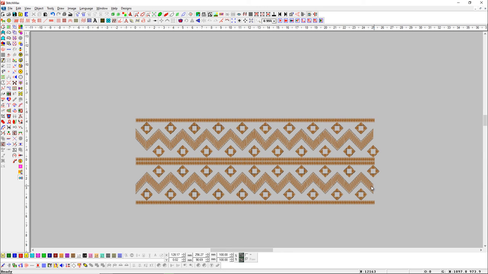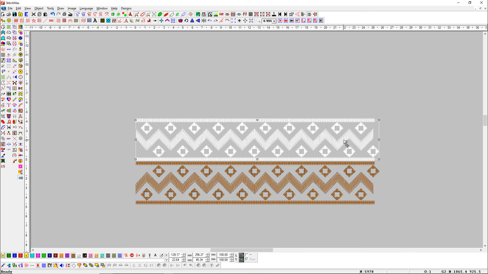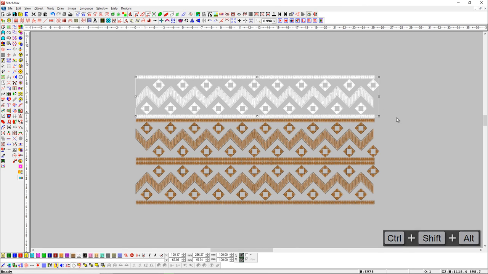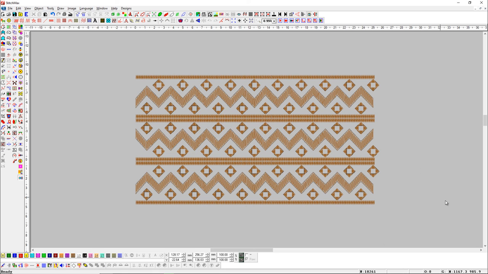Now, if we want to mirror objects with duplicates in opposite direction, select the object and press Mirror Vertical button with Ctrl, Alt and Shift key. Here, you can see, object is mirrored, and duplicate